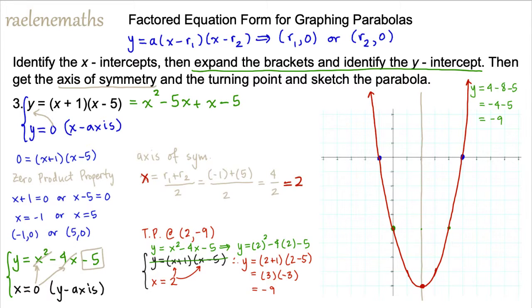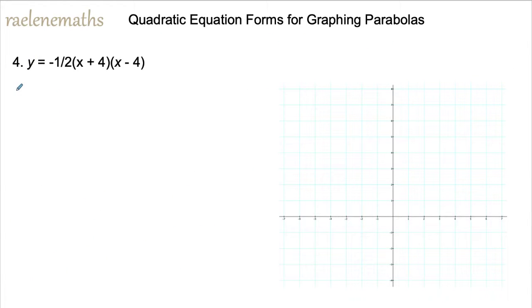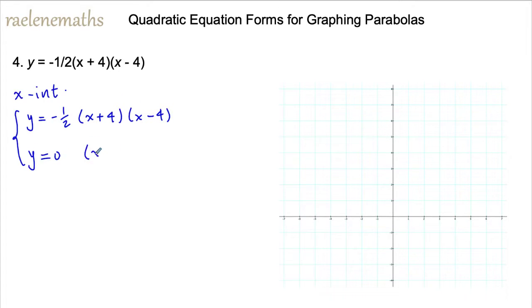Let's take a look at another example. In this example, let's first get the x-intercepts by finding the intersection points between the given quadratic equation, whose graph is a parabola, and the x-axis. Now the equation of the x-axis is y equals 0. So we're going to solve this system of simultaneous equations by eliminating y and substituting y equals 0 in